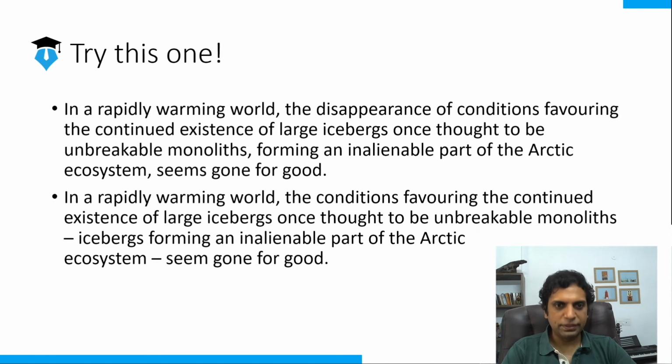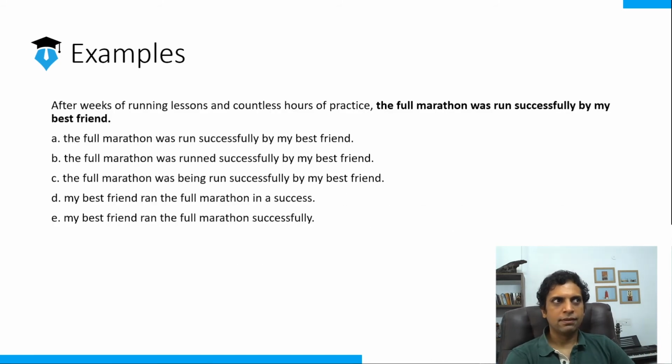There are going to be sentences that they will make more complex by adding modifiers. What do you need to do? Pluck them out. Figure out errors in the modifiers, pluck them out, bring the sentence down to its base form. Subject, verb, object. The conditions seem gone for good. That is the sentence here. The conditions seem gone for good. And look how long and complex they made it. So that's how you solve modifier problems.